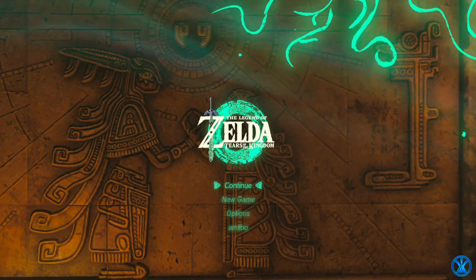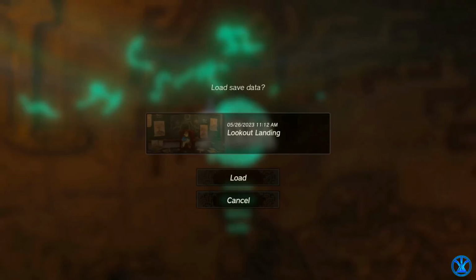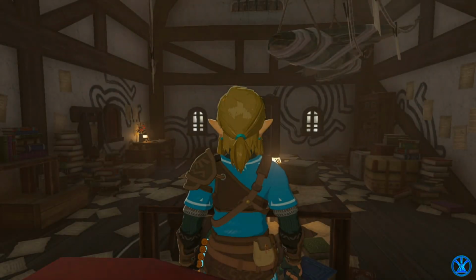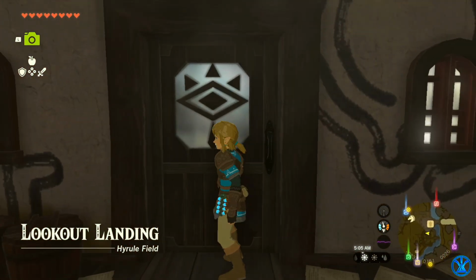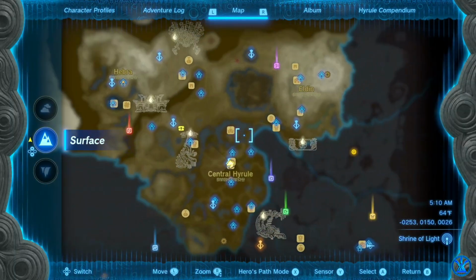So today, guys, we are going to be getting the Master Sword. So let's head in and get started. Alright guys, so here we are at Lookout Landing. One thing that we're going to do before we get the Master Sword is we're actually going to be